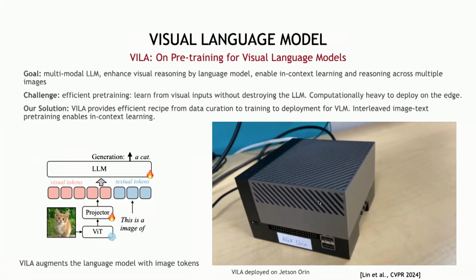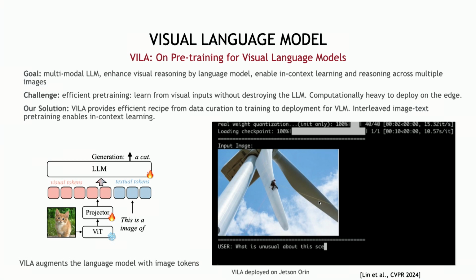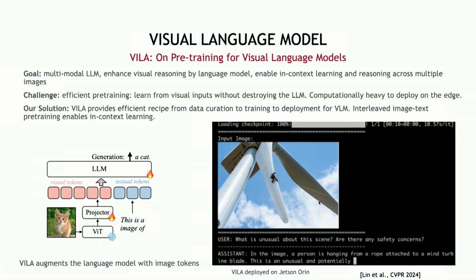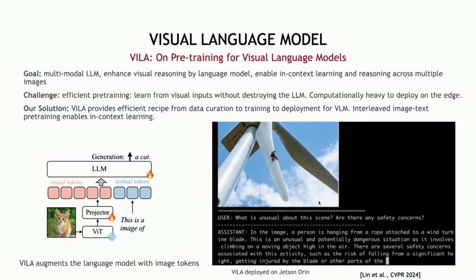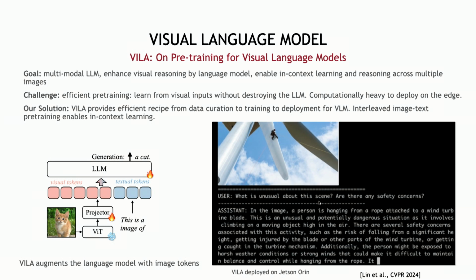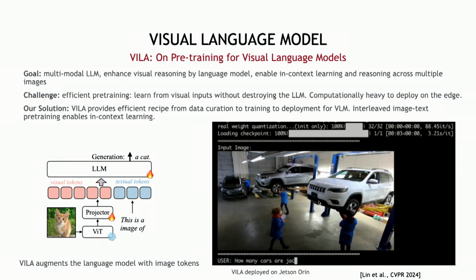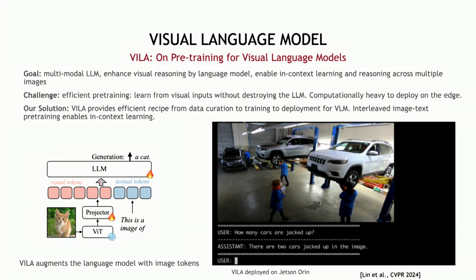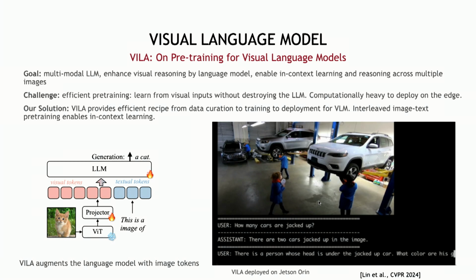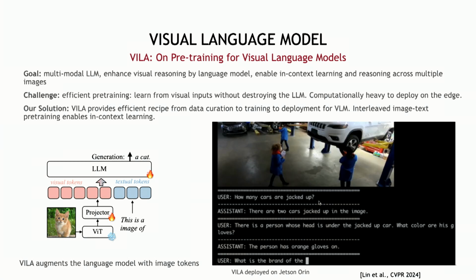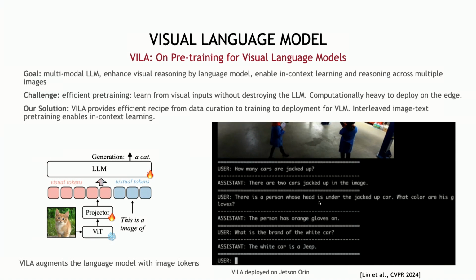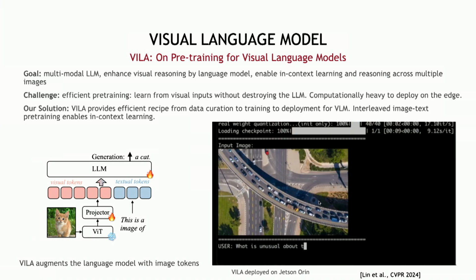So talking about visual and language, can we combine them to build a visual language model that can understand both image and language in the same model and deploy it on an edge device? So we propose VILA, a visual language model, on pre-training of visual language models. The goal is to understand both visual and language without destroying the large language model. And it's even more computationally intensive to deploy on the edge, since it contains both a visual model and a language model. So VILA proposed a very efficient training and deployment recipe so that we can actually deploy them